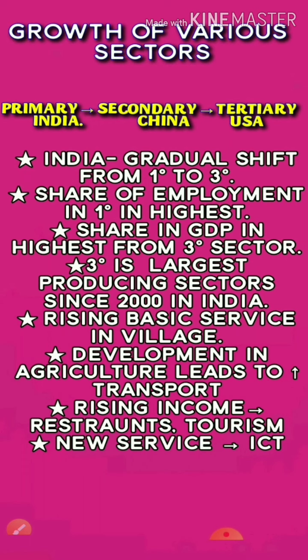The fact that most of the people are employed in the primary sector means that the employment in the primary sector is extra. So there are extra people engaged in primary sector activities. Even if I remove those people from the primary sector activities, my net output would not change. So there would be no impact on my output. That means you have a kind of disguised unemployment. Disguised unemployment, last class we studied what disguised unemployment is. That is present in the primary sector.